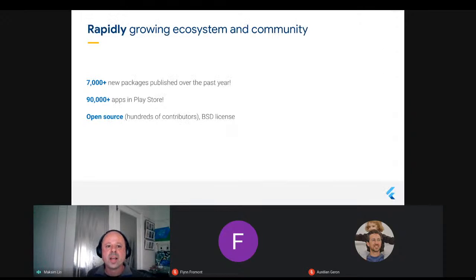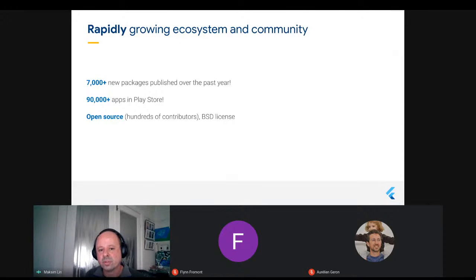Now, Flutter also has a really great ecosystem. Another reason why you might want to choose Flutter over something else is that it has a really excellent community to participate in, and it has a fantastic ecosystem of packages.